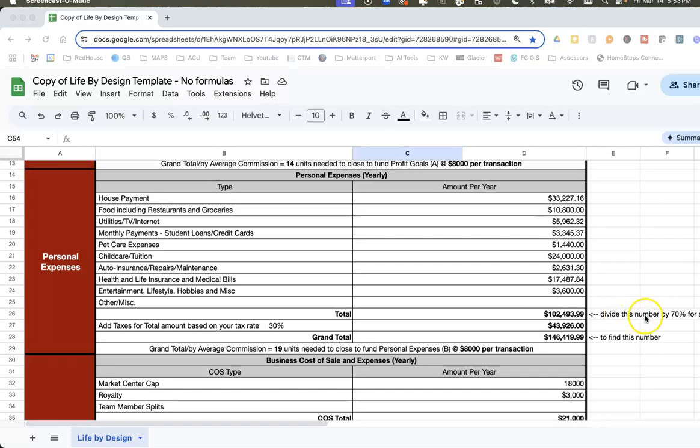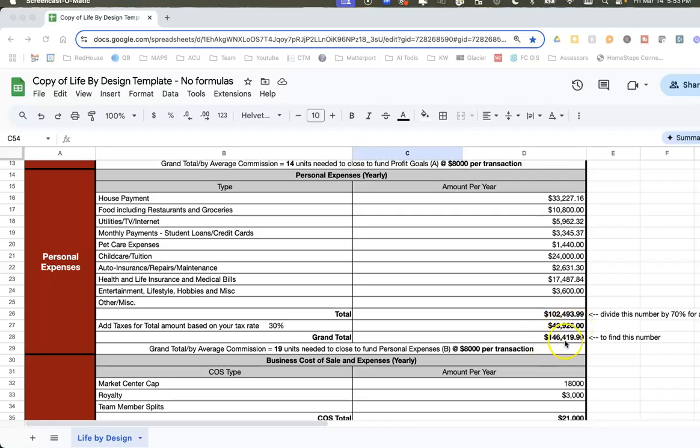So I'm going to divide this number by 70% or 0.7. Remember, I'm using the 30% tax bracket here. So I'm dividing this number by 0.7. I come up with this number, $146,419.99. The difference, if I subtract this number from this number, I come up with a total tax liability of